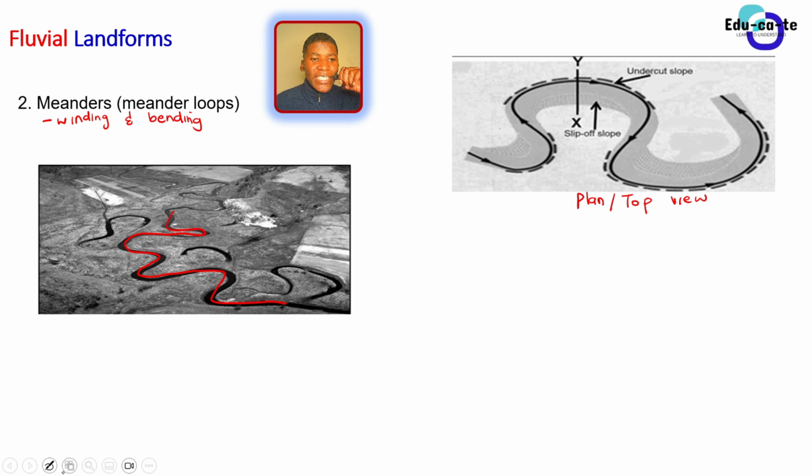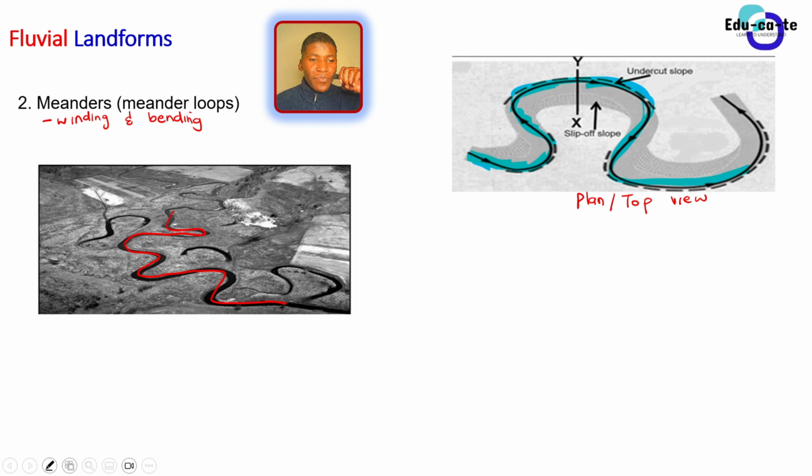So you can see that here you have got a river, and then the river is flowing. Let's just see, the river is flowing in this direction, and then it bends here. You can see that it's not flowing straight. It bends at this position. It bends, it bends, it bends. So this bend here on the river's course is known as the meander loop. So the meander loop has got things that you need to be specific about and to know them. So it has got two parts or two sides. It has got a slip-off slope as well as an undercut slope.